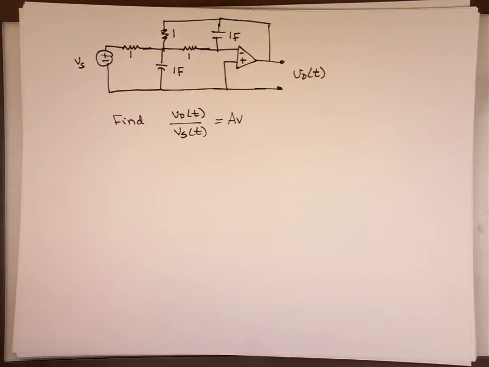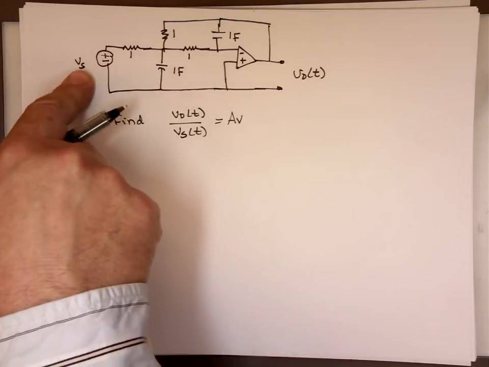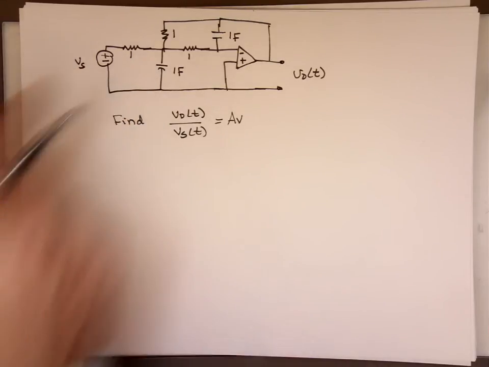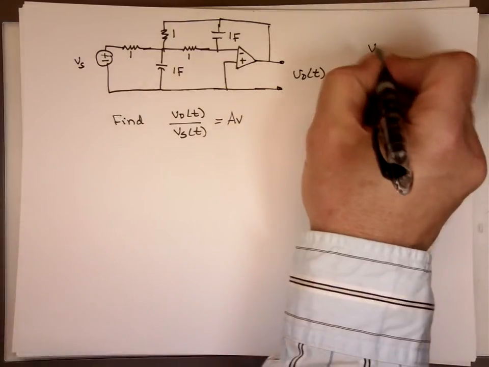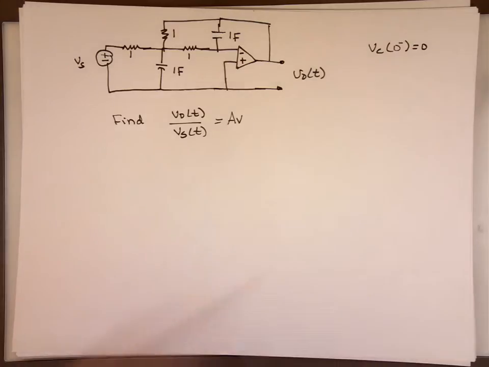The only thing we don't know, since we don't know what Vs is, is that we're going to assume that the voltage across the capacitor at 0 minus happens to be 0. Because we don't know the status of Vs, how long it's been going on, what kind of a circuit we have here. So assume Vc at 0 minus is actually 0. And the reason we make that assumption, again, to take you back,